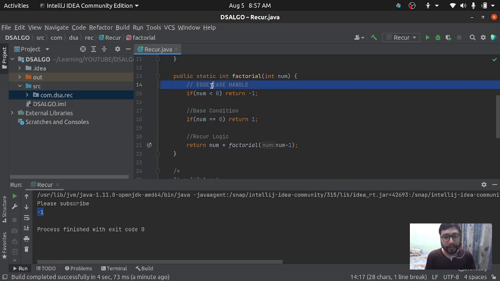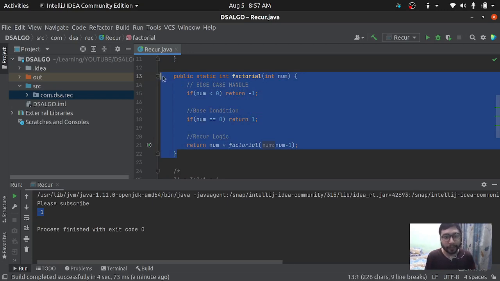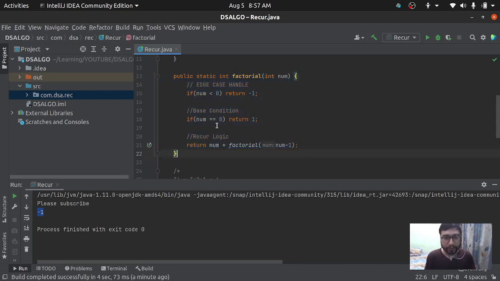And third, the edge case handling, like negative numbers and floating point numbers. Whenever you write a recursion problem, you always need to write these three parts inside the method.